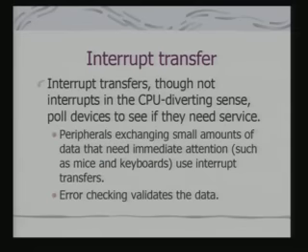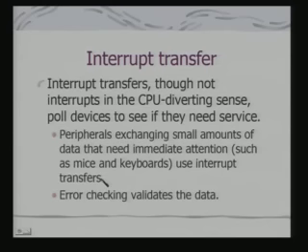The interrupt transfers are not really associated with interrupting the CPU. Basically, the whole objective of the interrupt transfer is to transfer small amounts of data, small packets of data. So, peripherals which are exchanging a small amount of data that need immediate attention, such as mouse as well as keyboards, use interrupt transfers.